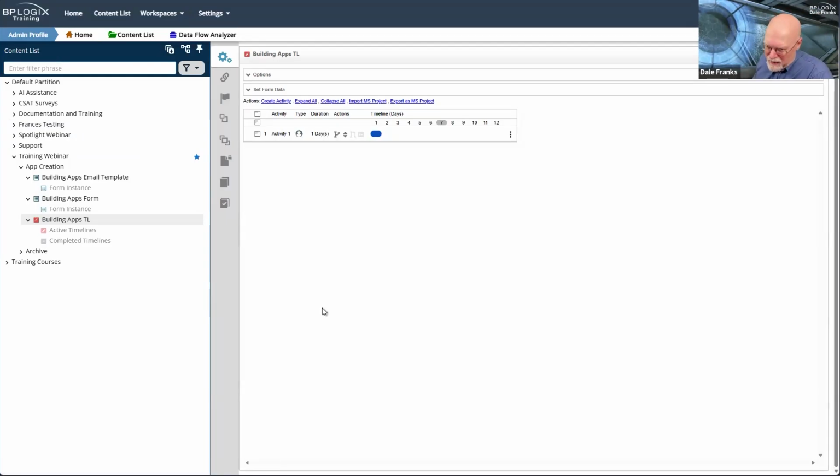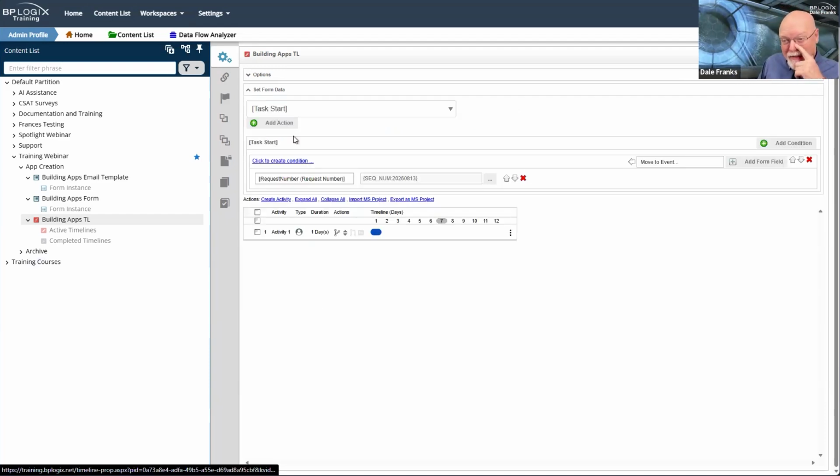The thing I don't like, and by the way, if you decide to do it this way, that's perfectly fine. There's no problem with it. It works. But it offends me on a maintenance level, because if I get hit by a bus, the next person who comes along is going to need to figure out, oh, there's a set form data in there.